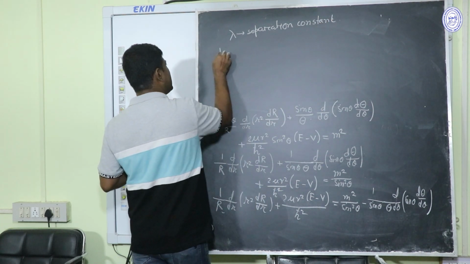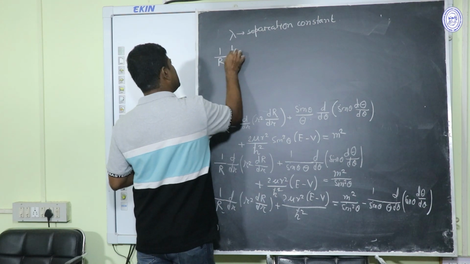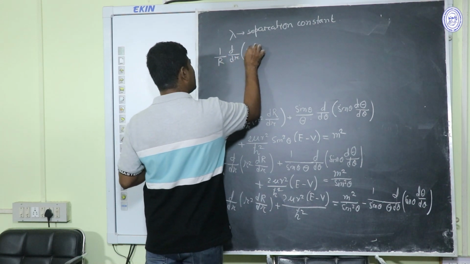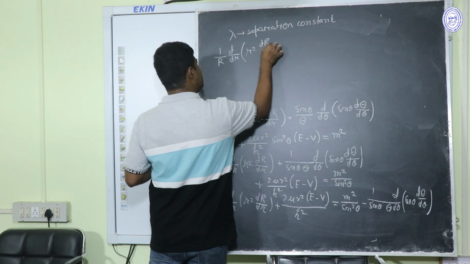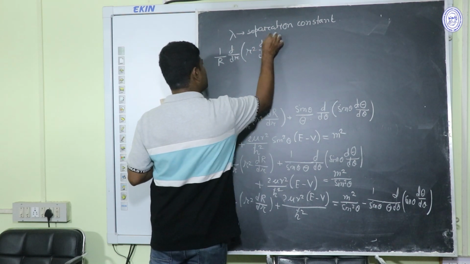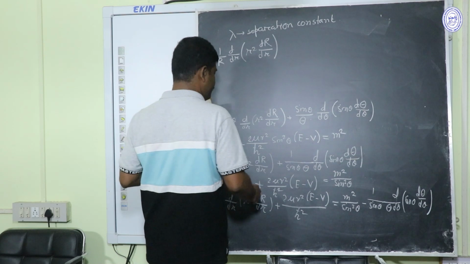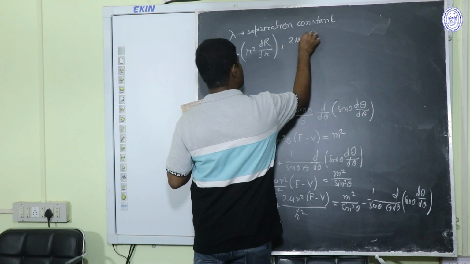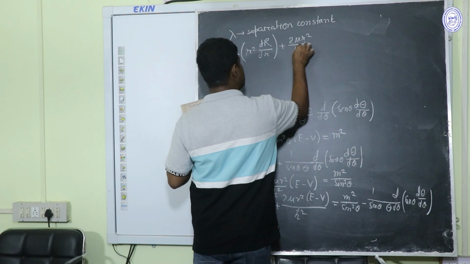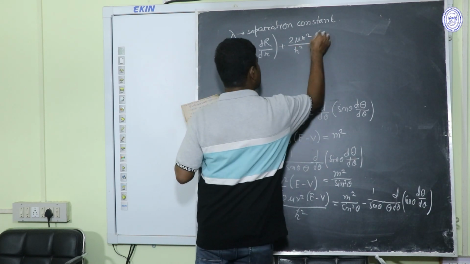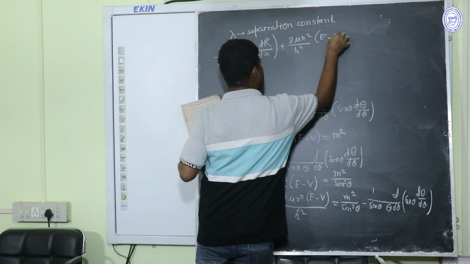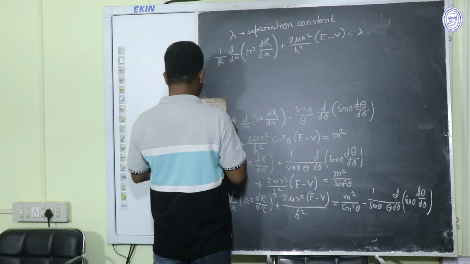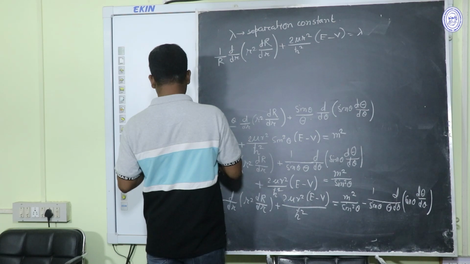Then we will get 1 by capital R d/dr of r square dR/dr plus 2 mu r square by h cot square (E minus V), this is equal to lambda, and after simplification